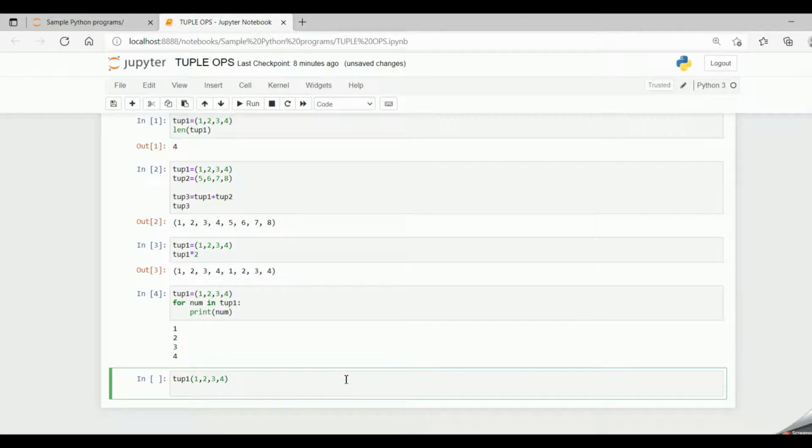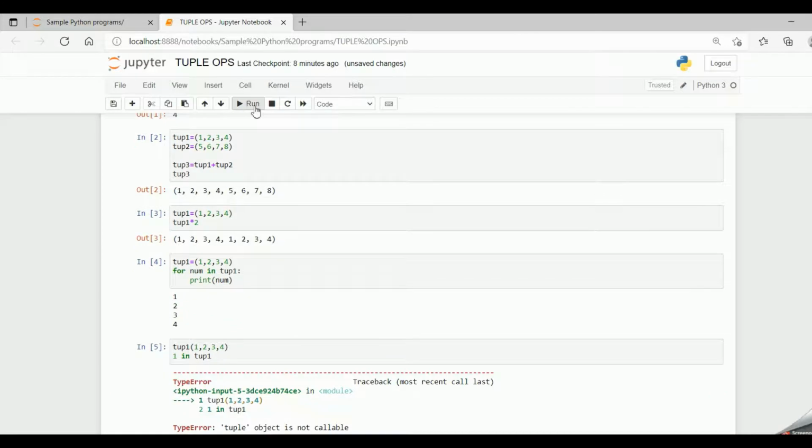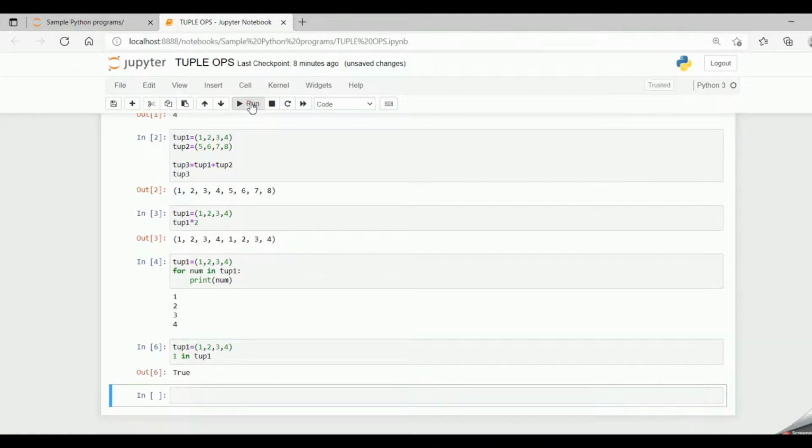And now I say 1 in tuple 1. When I run the code, it should be tuple 1 equal to 1, 2, 3, 4. And when I say this, I get the output true. Now if I say 5